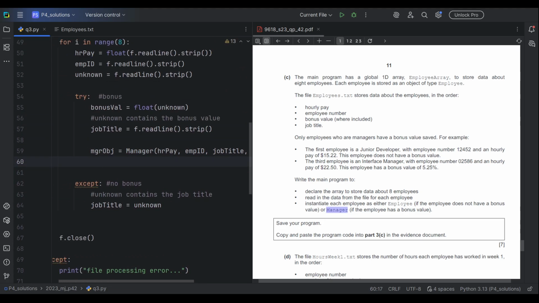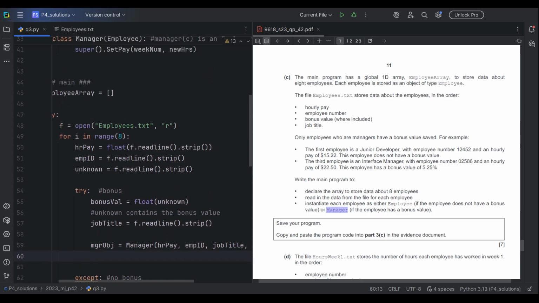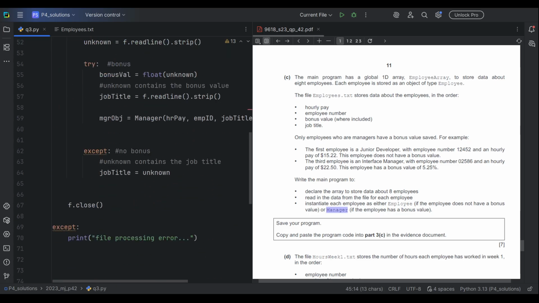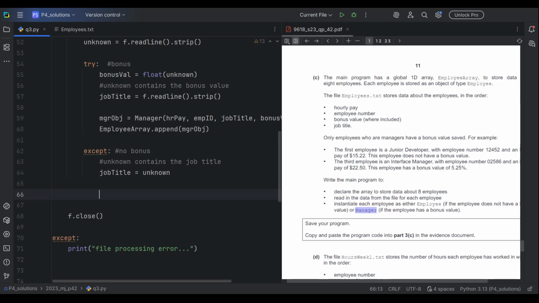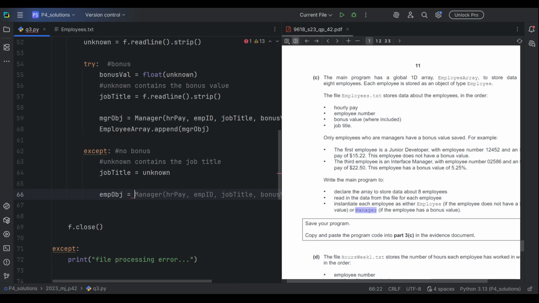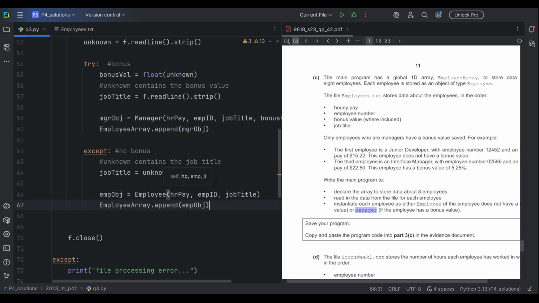And then once this object has been created, we are supposed to add this into our employee array. So we'll say employee array dot append this manager object like this. Okay, we have to do the same thing here since we know that this person did not get a bonus. So this is going to be a simple employee. So we'll say employee object, and then this would be an employee of the employee class, and then same thing,